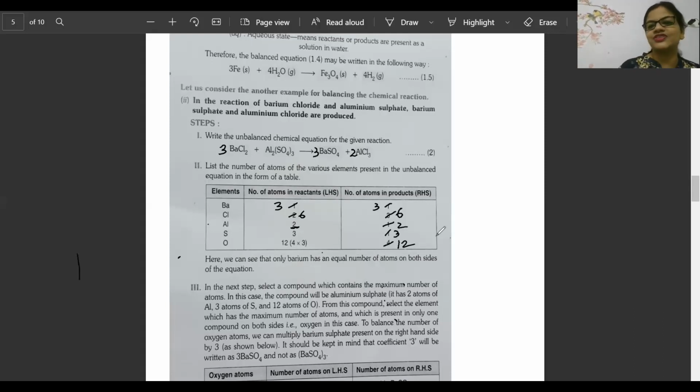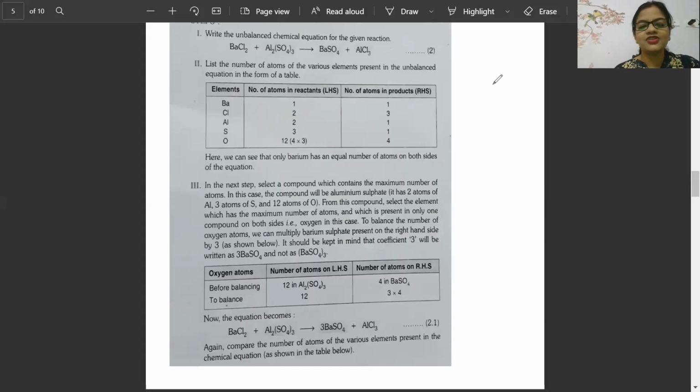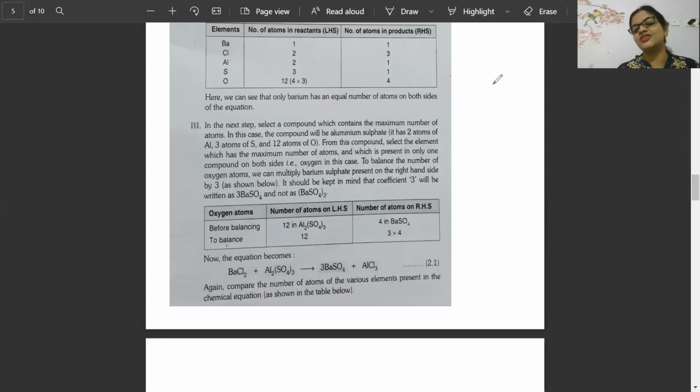You are solving questions. I'm just seeing your answers and copying, I don't need anything. You are teaching me. Very good, beta. Now see, they have written such big lectures about it. Do you need this lecture actually? No. You have balanced it on your own. What you have to do is make a box, use a pencil, keep on changing the numbers, and submit the final balanced equation. That's it.